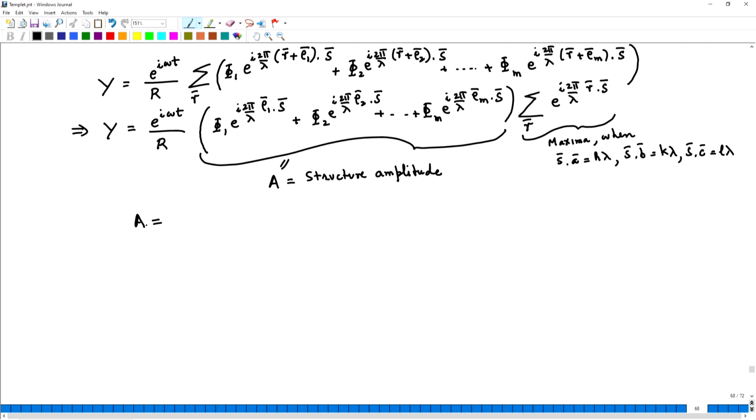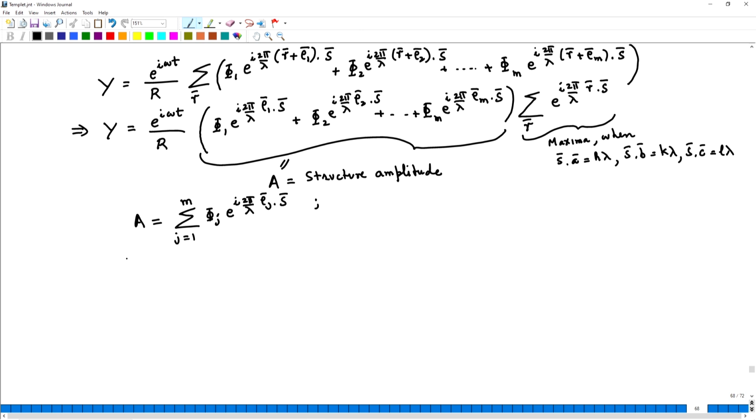in an abbreviated form, because I can put a summation now, that I have m number of atoms in the unit cell. So, j is equal to 1 to m, the scattering power of the individual atom, let us say phi j, multiplied by e to power i 2 pi upon lambda rho j dot s. So, now very clearly, if A goes to 0, the scattered beam intensity will also go to 0, even though the Bragg condition is satisfied or the Laue conditions are satisfied. Now, let us further simplify this.